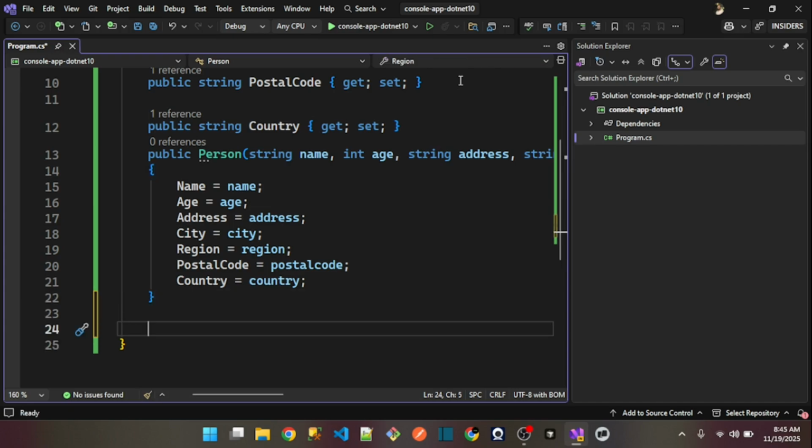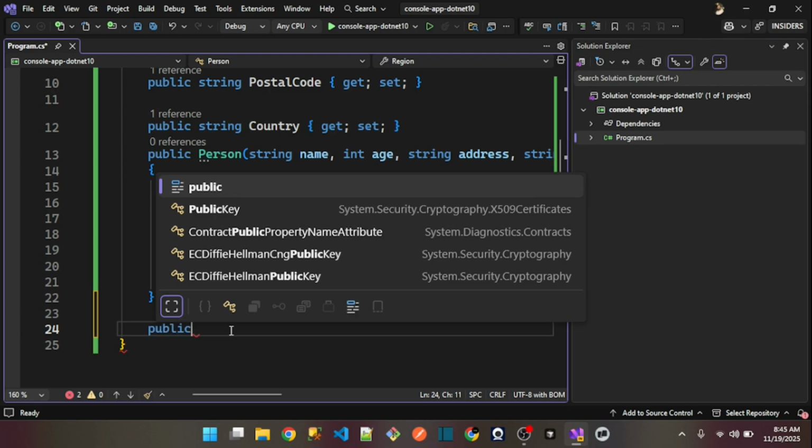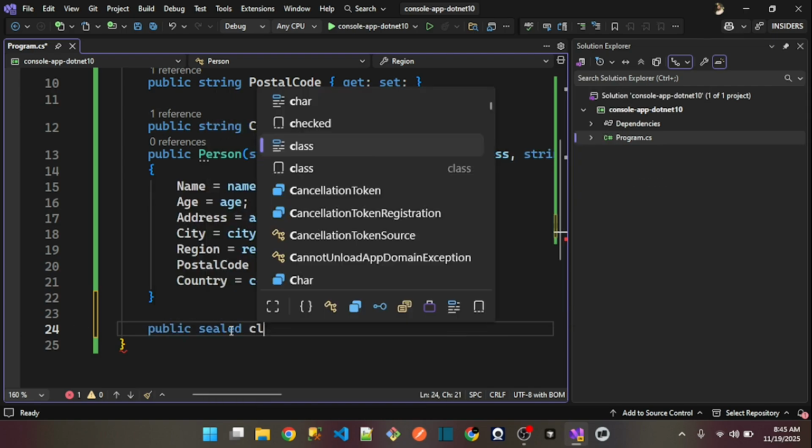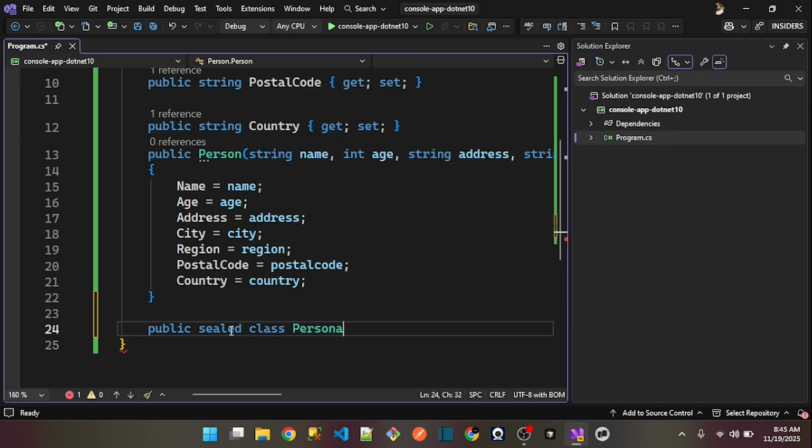After that, I will create a PersonBuilder. First we should know the purpose of the PersonBuilder, because we will take the help of the PersonBuilder to define the things related to these properties. Let's see how things will go. First public, and I will make a sealed class as well. In the sealed class I will define the